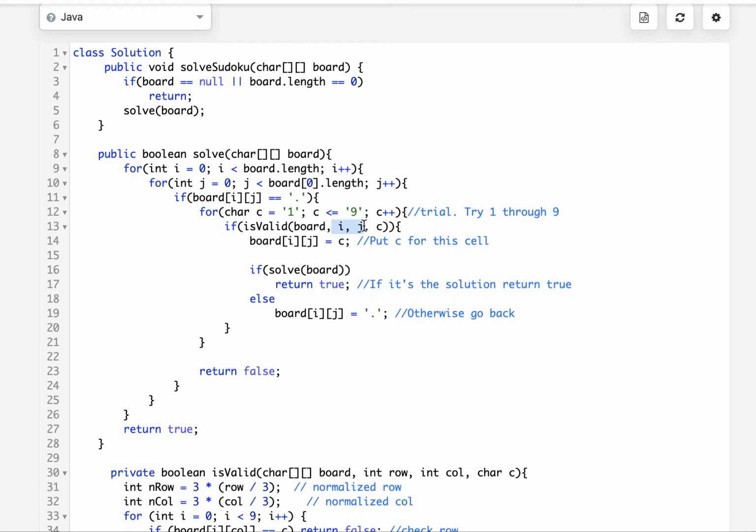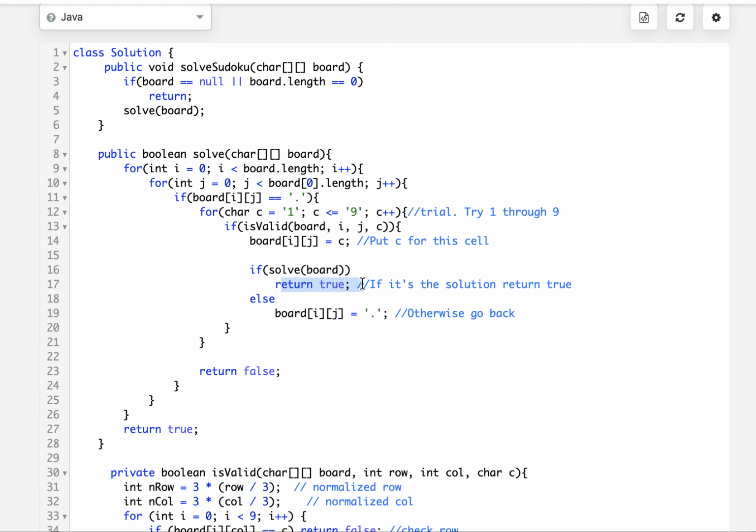If we can put this entry at this particular index I comma j, then we'll update the state of the board to C at I comma j index, and then again we will recursively invoke the same method on this board for further iterations. If solve of board returns true, we will return true.